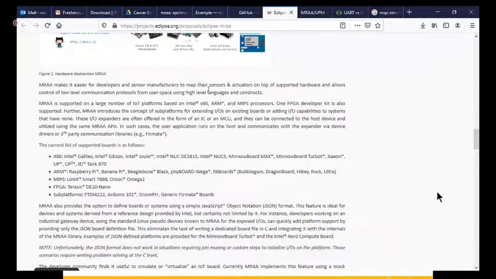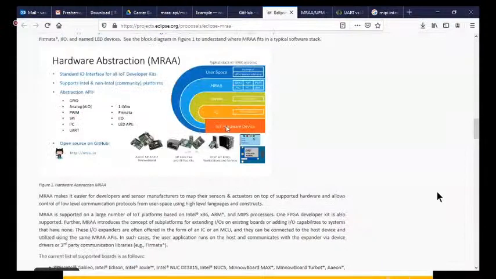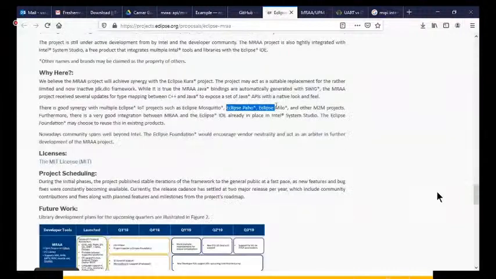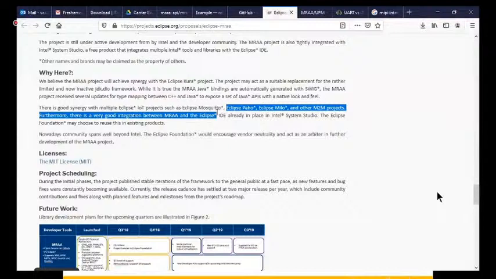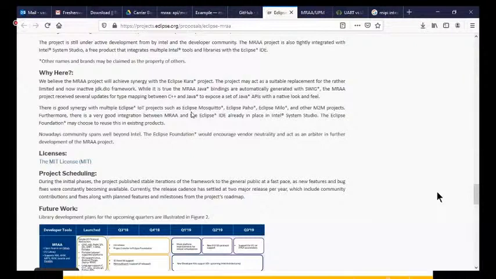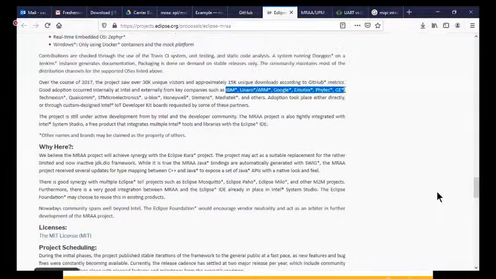You can see here there are multiple Eclipse projects, and here you can see the vendors we are supporting. So companies like IBM, Linaro, Google, Emutex, Phytech, GE, Technexion, Qualcomm, ST Microelectronics, u-blox, Honeywell, Siemens, MediaTek.